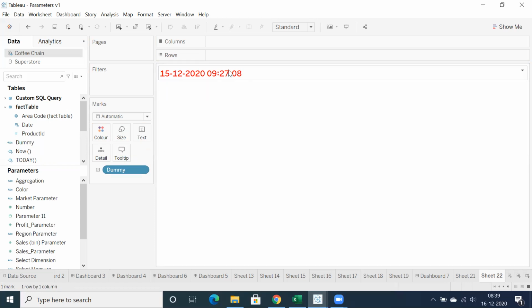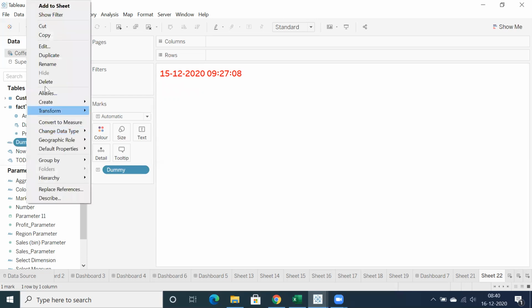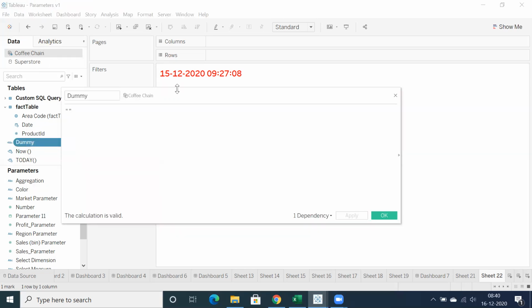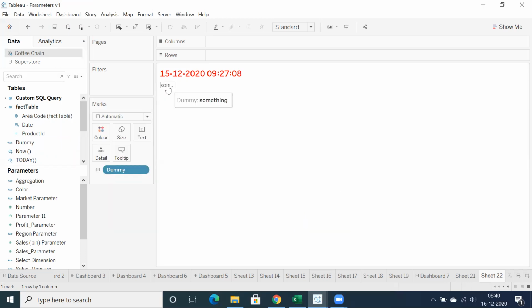We don't want to do any formatting. Straight away, you can bring that particular dummy field into text and it will showcase what we call a space, but we don't have any text value. That is the reason it is not showing anything. If you want to verify, just edit, you can place something. Any text, okay? I'm just using some text value. You can see it's displaying something in the sheet. So let's go back, Control Z, Control Z. I don't have anything actually. This is the dummy field, okay? But I am not showing anything here.